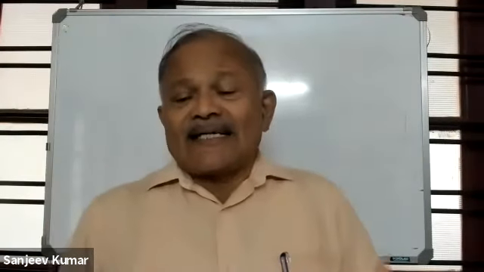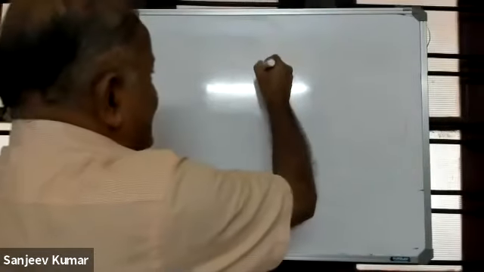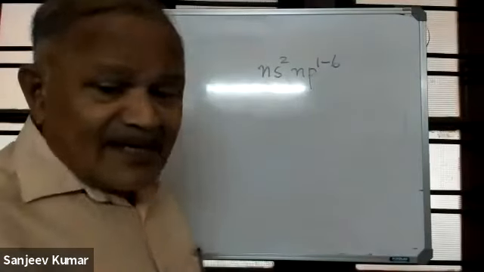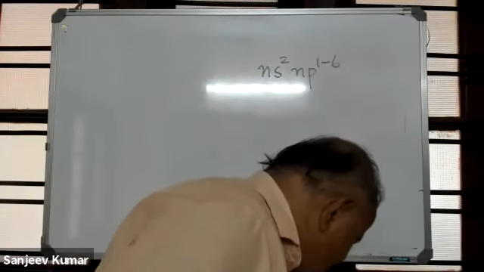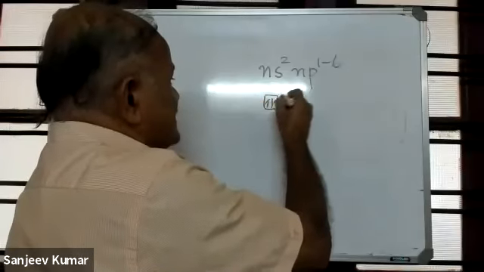And the question is, among the p block elements, how many naturally occurring diamagnetic elements are there? We know that in the case of p block elements, the electronic configuration is generally ns2 np1 to 6. That means group 13 contains ns2 np1 and group 14 contains